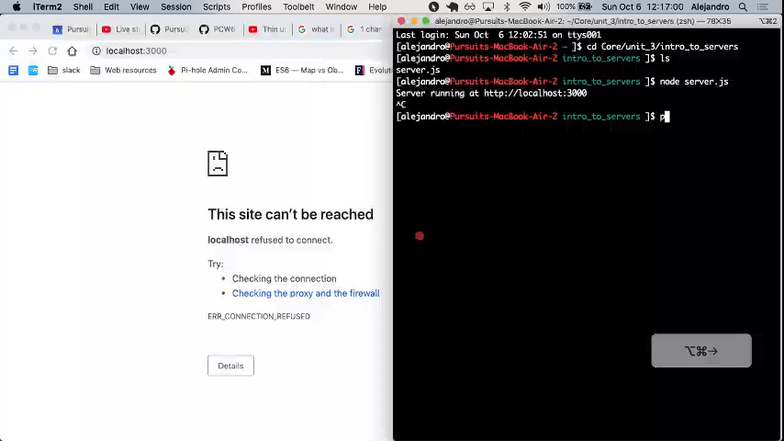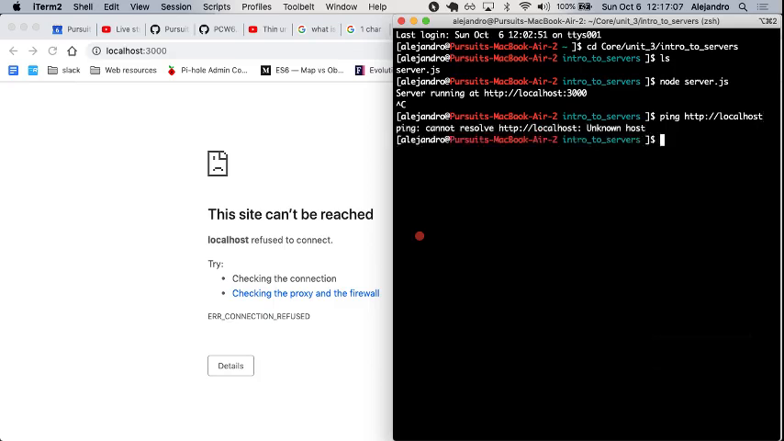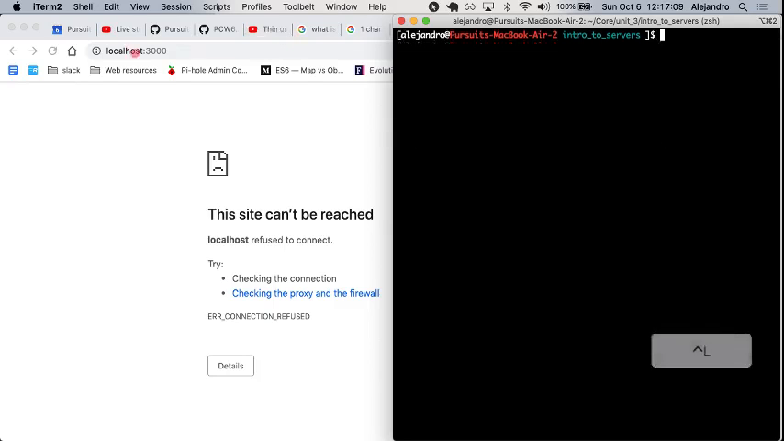Let me see. Ping. I want to do ping localhost. No, this doesn't work here. Anyway, this localhost will resolve to your IP address. So, like in my case, this localhost will resolve to